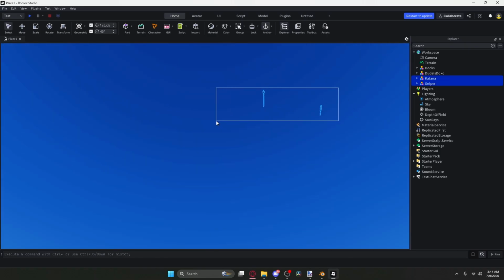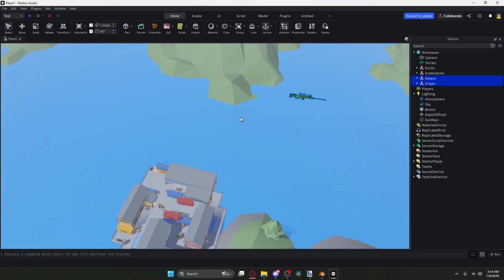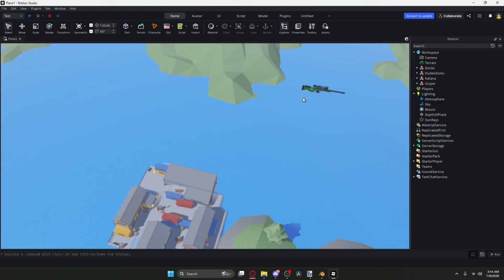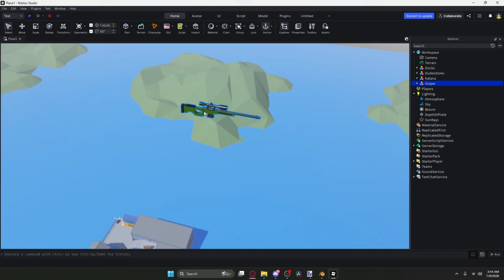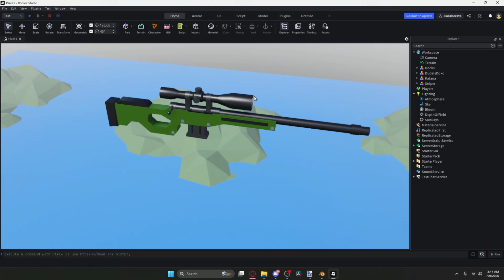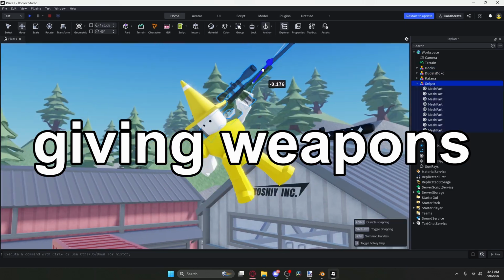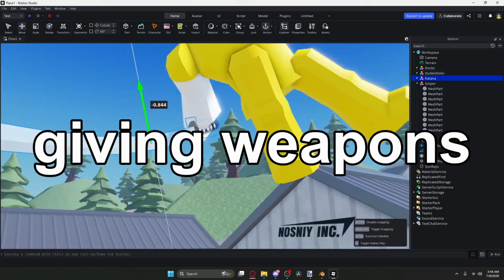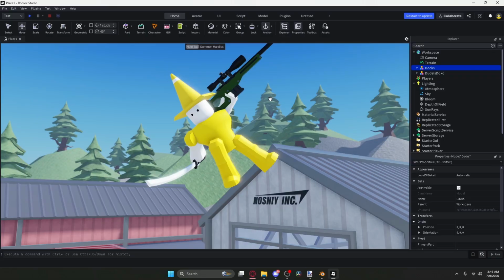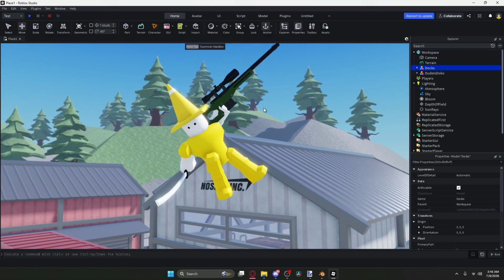Now I have some set weapons for him for the thumbnail because I wanted to give him something, so I'm going to give him those weapons real quick, and then I'm going to move to lighting. Alright, now that I applied the weapons to him, now you want to do this next step, which is very important